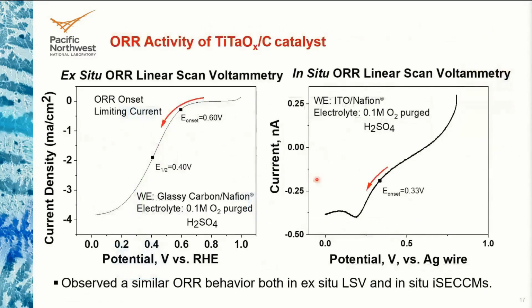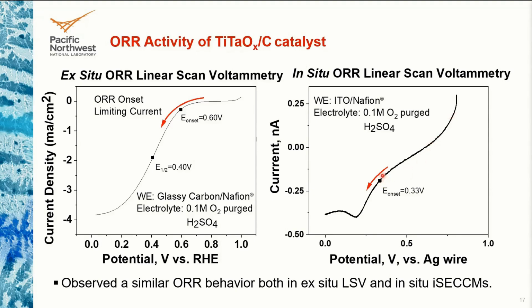So here is the overall activity itself, where we wanted to make sure that the overall reaction happens first. So basically, we are trying to compare with the oxygen reduction overall reactivity of that particular catalyst, where the onset is around 0.6. It clearly shows a typical overall polarization plot. And when we compare with the in situ overall voltammetry obtained using the SCCM tip,